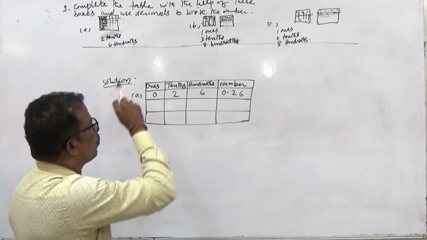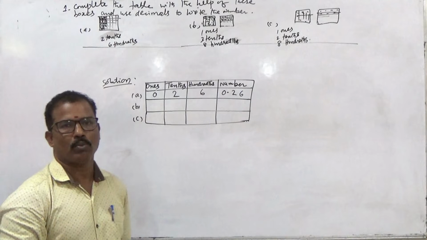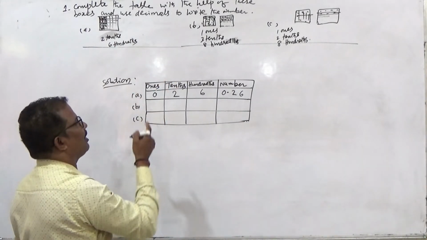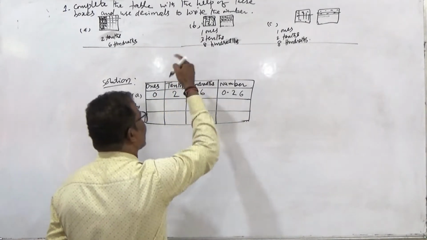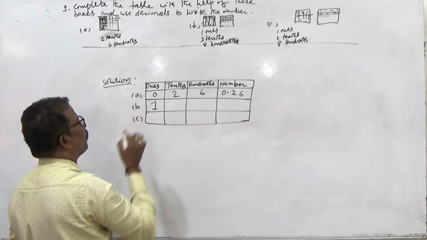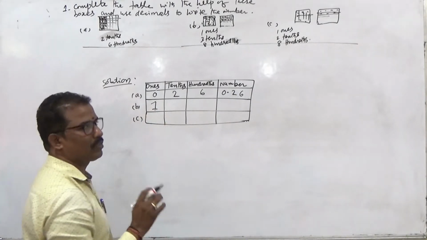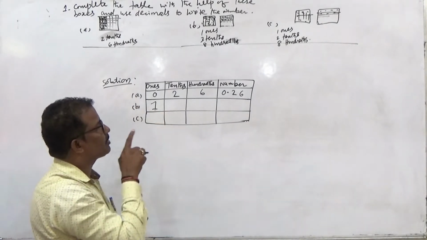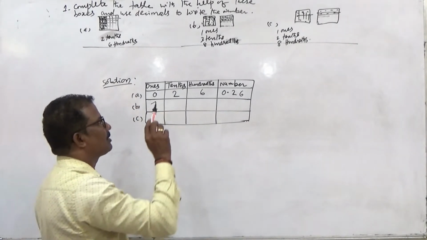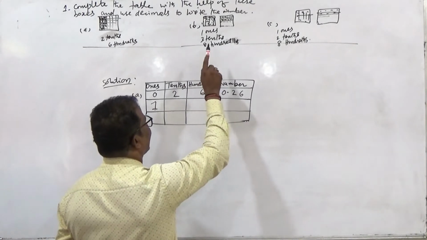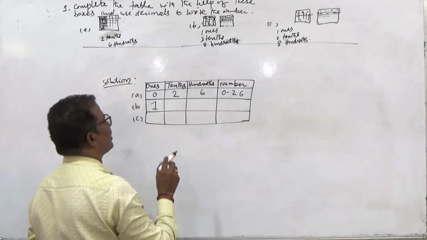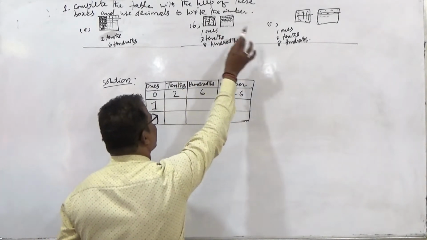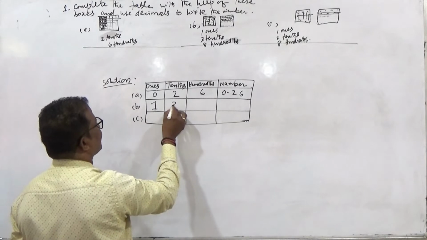In the first box all the 100 small squares are shaded. That means for that whole thing we can say 1 once. So that whole thing we can take together as 1 once, and in ones we can write 1 here. In the next box, the 100 squares box is only partly completed, 3 parts are completed as 10 circles each. So there are 3 tens. So 1, 2, 3, these are completed ones. For that we can write in tens 3.